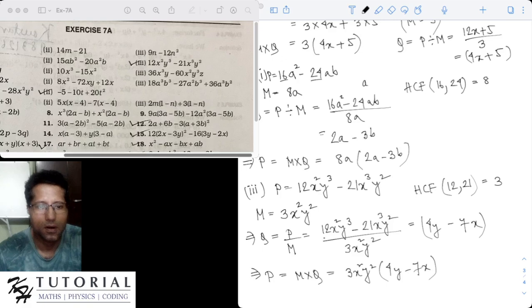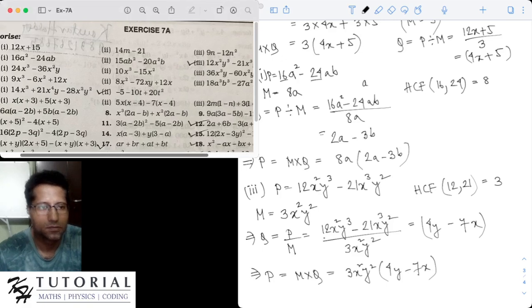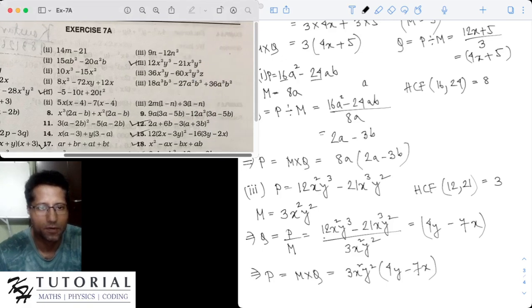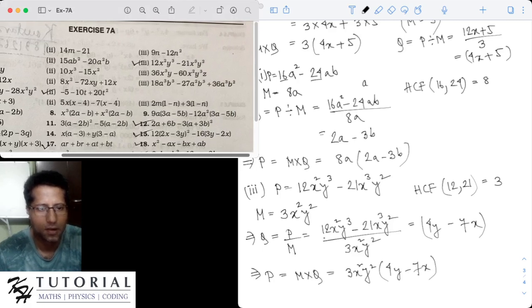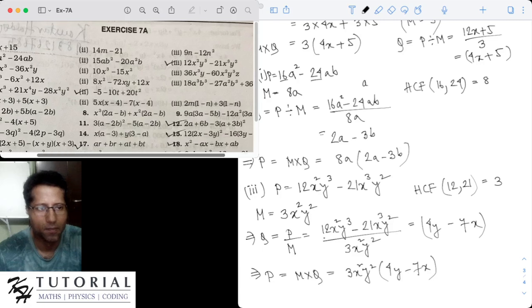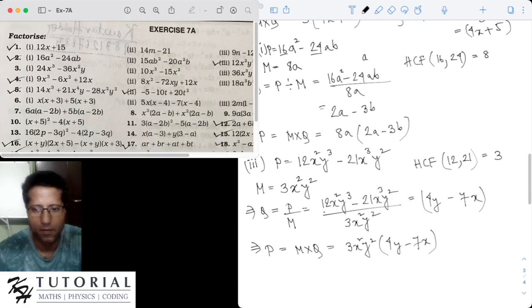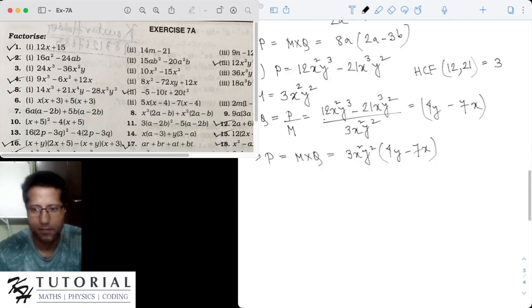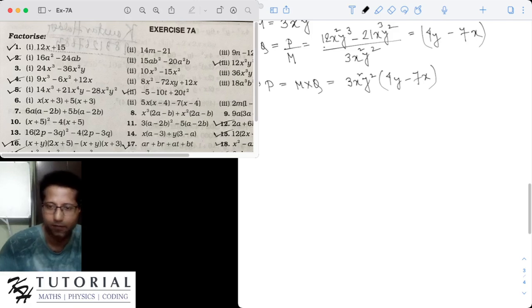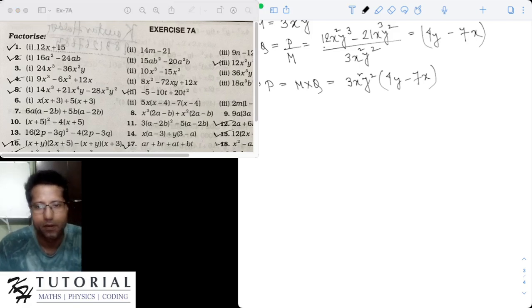Let's do problem number 3. I skipped problem number 3 because these are all similar to problem number 2. Let's start from problem number 4, where the given polynomial is a trinomial. So problem number 4,